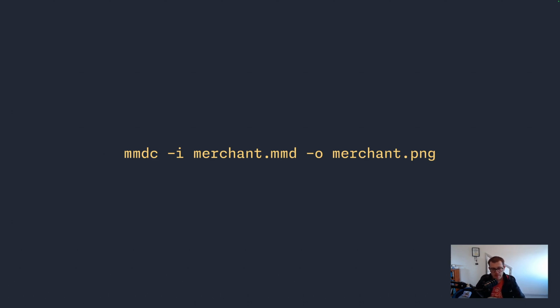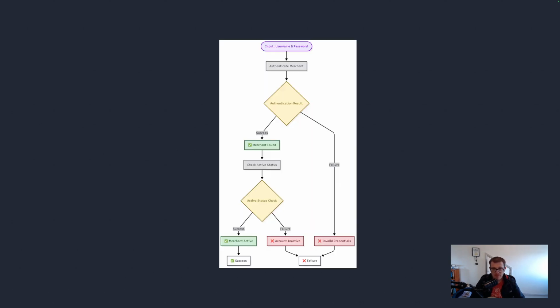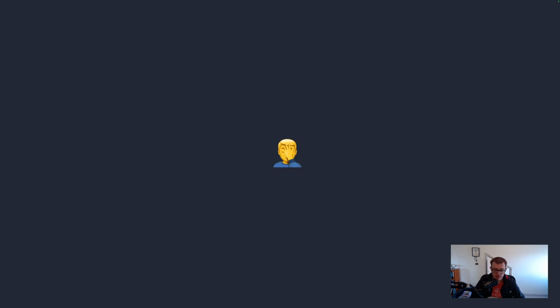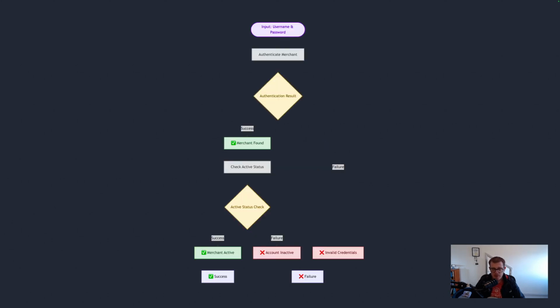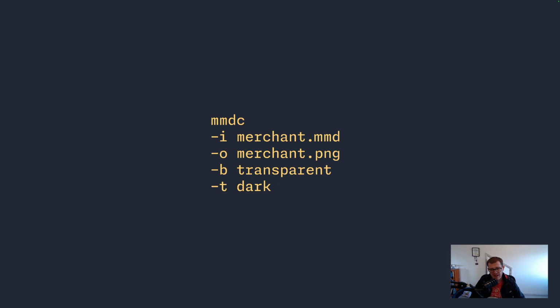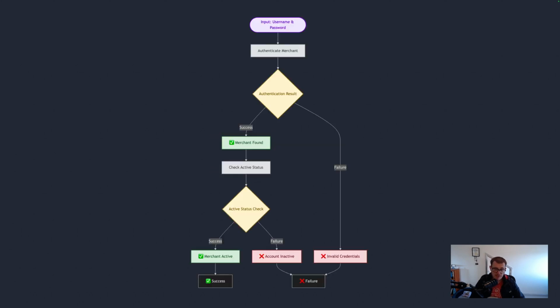Then I can run mmdc -i merchant.mmd and get it to output me a file, and it does exactly that. It outputs me a file, but still without a transparent background, which is unfortunate. I find the option of -b transparent, and that gives me this diagram where you can barely see the lines. I find yet another option and manage to generate a diagram. I still think this looks a bit crap, and at this point I'm cutting my losses